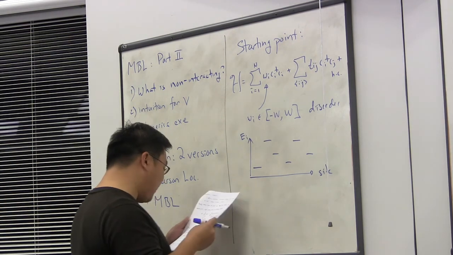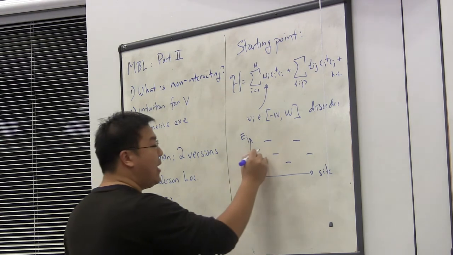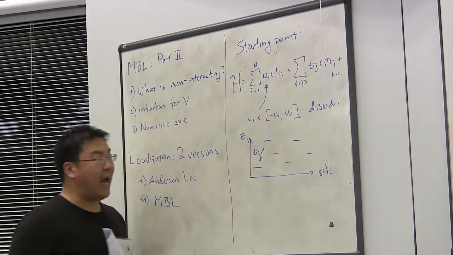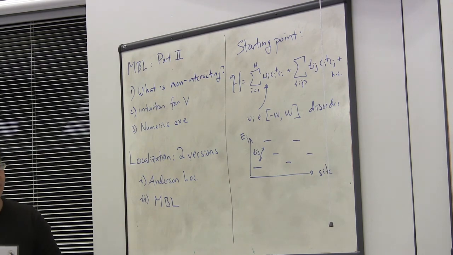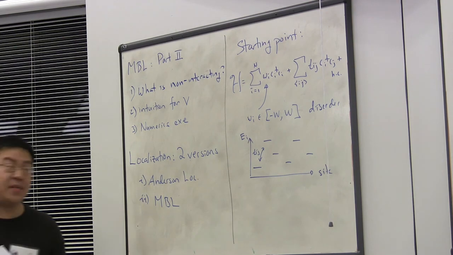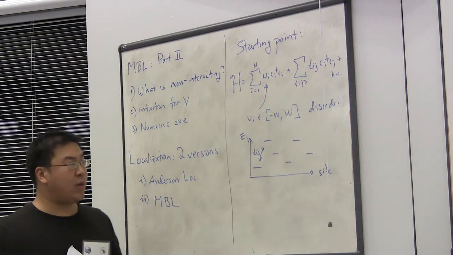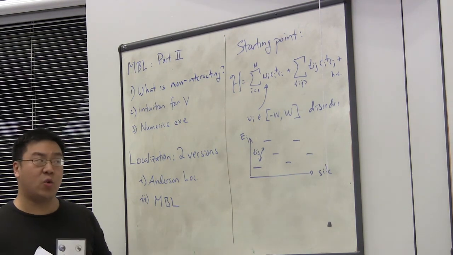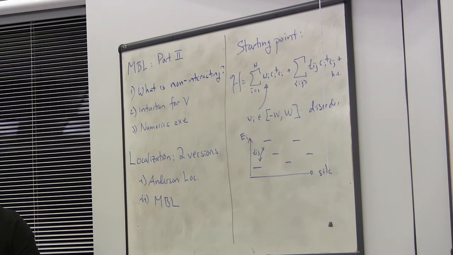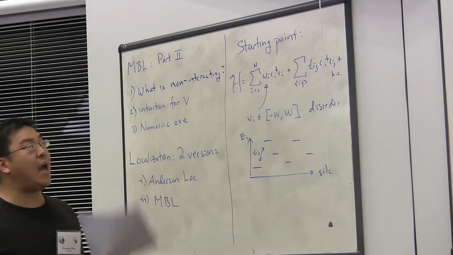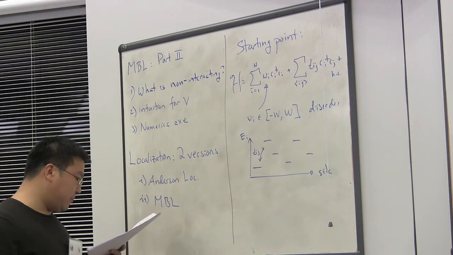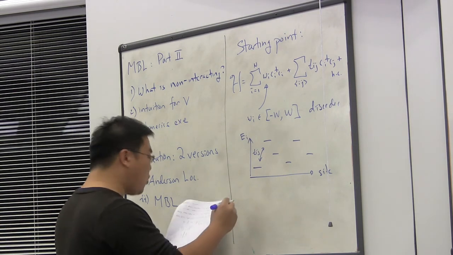And the key to understanding localization is really trying to understand what exactly happens in terms of how these T_ij, these hopping matrix elements, hybridize between these different sites. And of course, as you already learned from Dima, in the limit where this hybridization is very weak or the disorder is very strong, one gets exponentially localized wave functions, and in the context of this specific Hamiltonian, this is Anderson localization. So let's answer question 1.